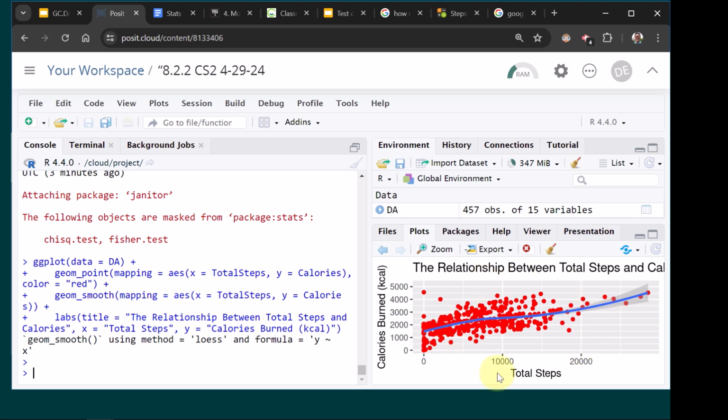You will have yours. X we said was total steps, calories burned, and then you can press export to get the image or a PDF.